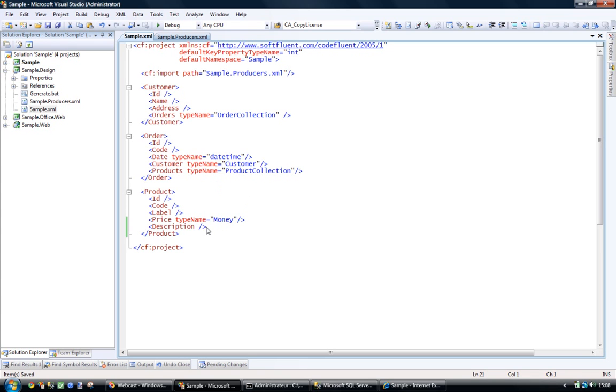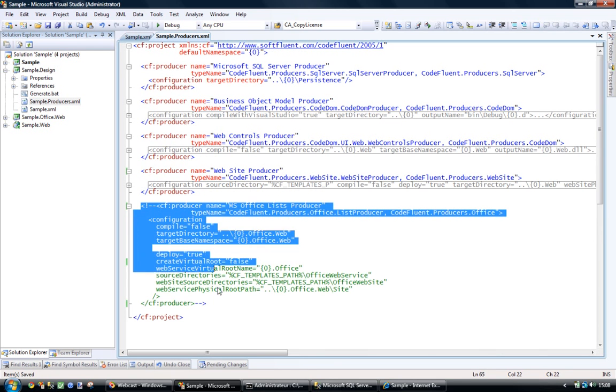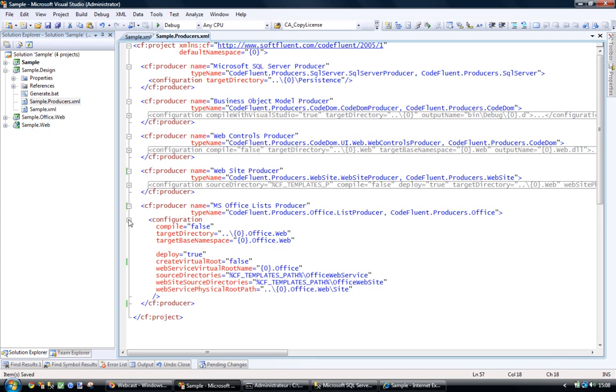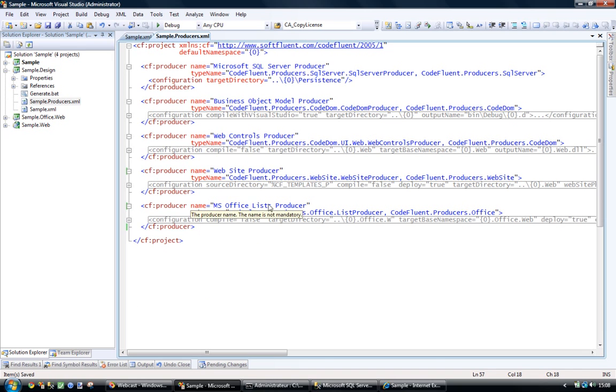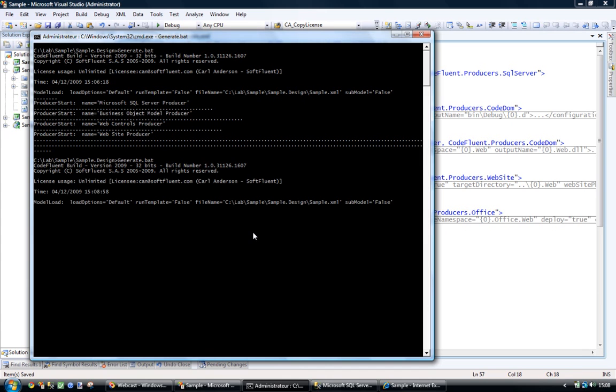So here I'm adding a description property to my product, and while I'm editing this model, I'm going to add a new producer here. So this is the Microsoft Office list producer, which will allow my application to be consumed in Excel or Access applications. So what's very important here is that now that I'm adding the description column, not only since I added a description property to my product entity,